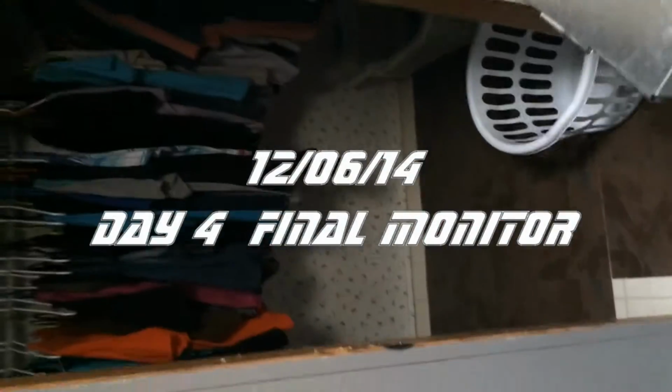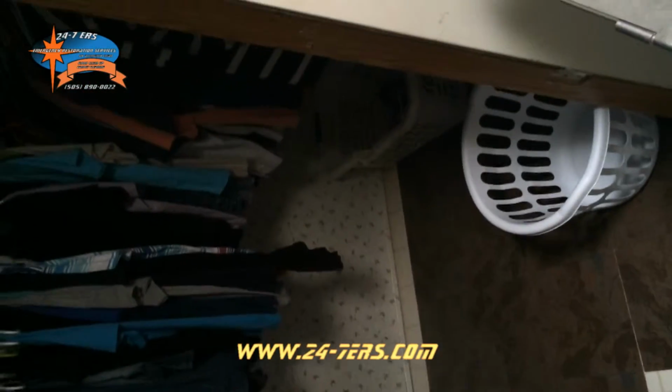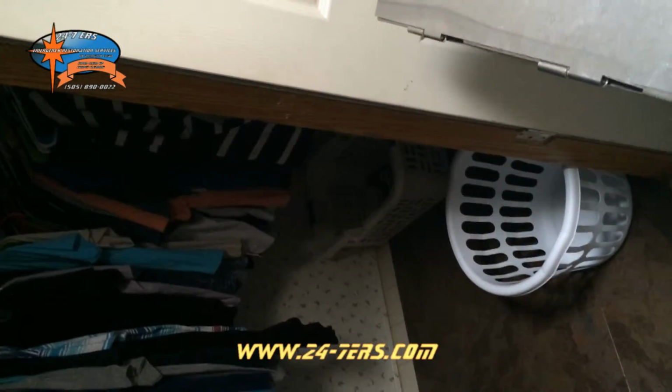Okay, so we've successfully baked in the master bath. The air movement combined with the dehumidification has dried the walls down to about 10% moisture content and 8% in some areas. So we're well dry in here. Into the kitchen, we created that drying chamber in the kitchen. And so in here as well, went through and checked all the walls, and we're well within tolerances there, 10%